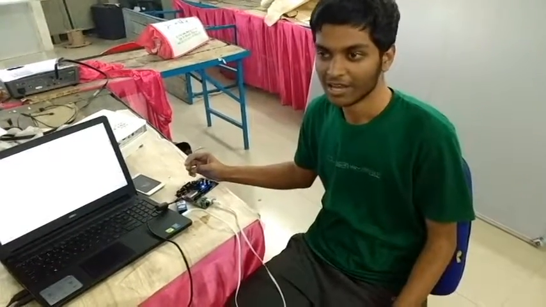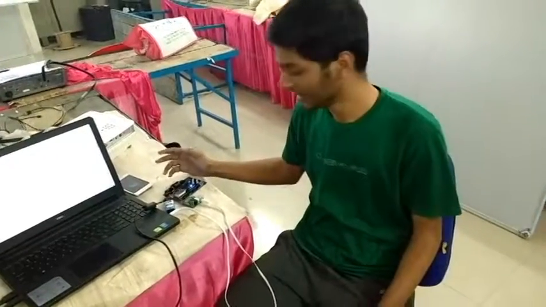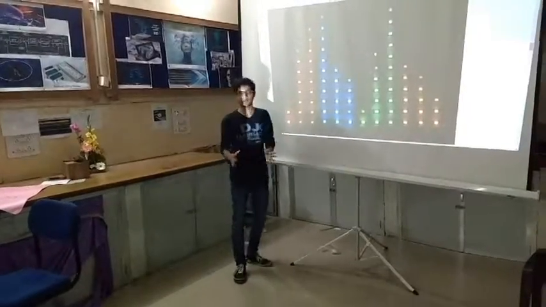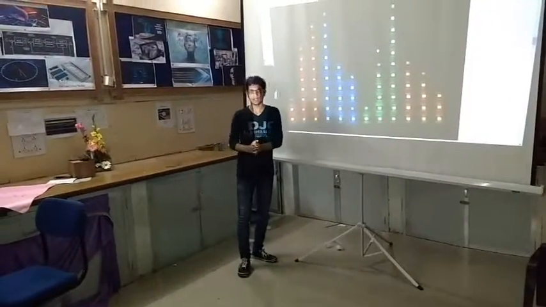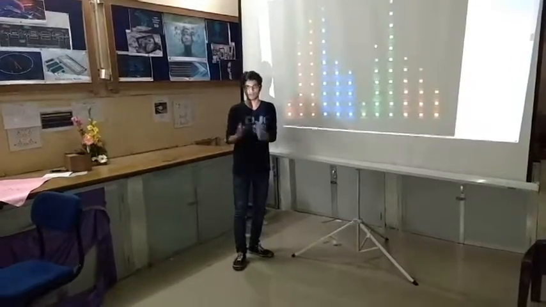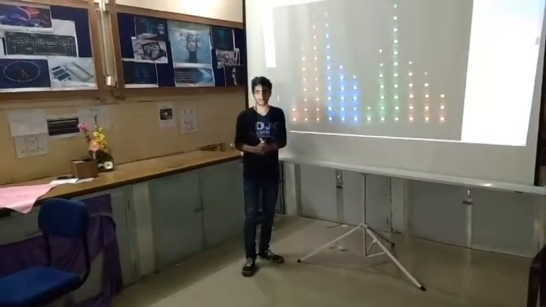In the frequency domain, we have used Puli2K algorithm for implementing our FFT because Puli2K is faster than other algorithms. It has complexity of n log n while other normal algorithms are of n square. Each digital sample is divided into 1024 points and the corresponding 1024 points are obtained in the frequency spectrum by taking fast Fourier transform. Thus we have converted the time domain analysis into frequency domain analysis.